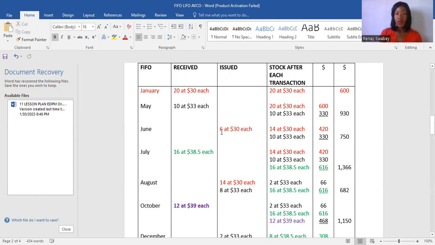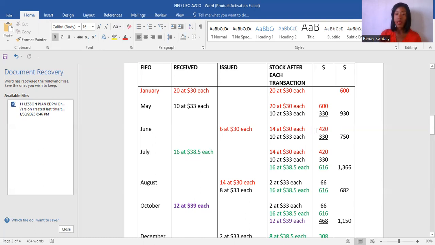Nonetheless, let's go on into it. So again, what can help you to get the answer is to focus on the amount of money that each product is sold for. So here, this six items is sold for $30 each. Where did the 6 items come from? FIFO says to sell from the first batch of goods that you purchased first. So this 6 items came from the 20 items here. So in June, you sold 6 items of the 20, multiply the 6 times the 30, and you have